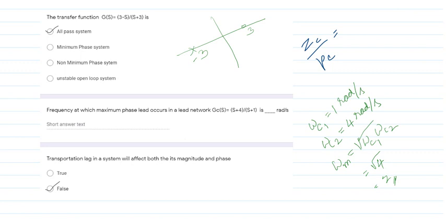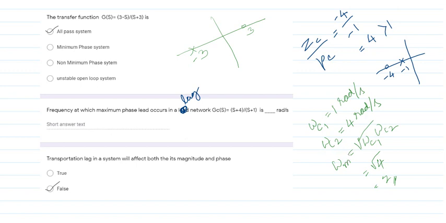Okay, so it should not be a lead network, right? ZC is minus 4, PC is minus 1. So it is 4, which is greater than 1. Say again, a correction, very sorry, it should be a lag network, right? Okay, right, this should be a lag network. And even if you go for the pole zero plot, zero is at minus 1, pole is at minus 4. Okay, the question is a lag network. Keep in mind the question is a lag network, and they have asked at what frequency the phase is maximum, right?